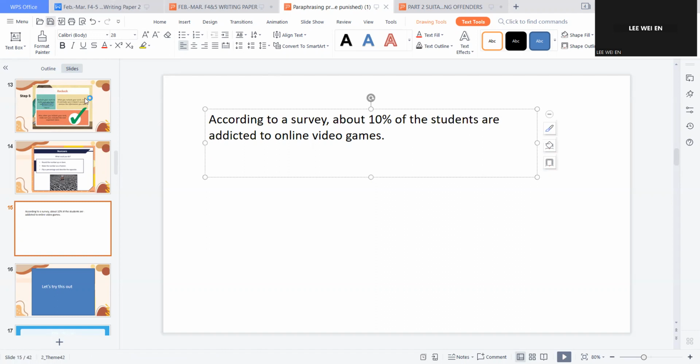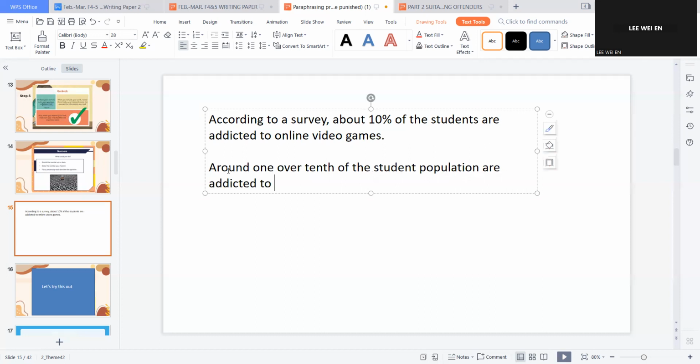About 1/10 of the students are addicted to online video games according to a survey. 1/10, right? This is one way around. 1/10 of the student populations are addicted to online video games. Okay, good. Another way of saying that